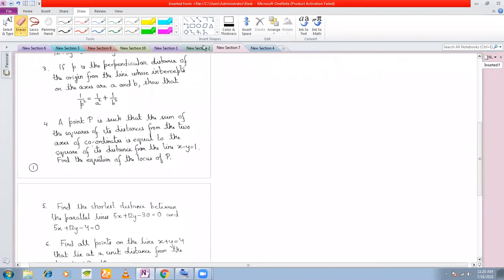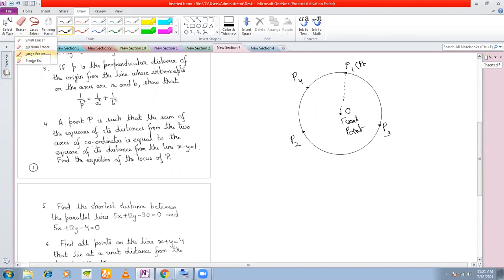Now locus, what happens is that any locus that you have will have a certain geometric condition. For example, say this locus. I don't know the name of this locus, whether it is a circle, I don't know. But what I know is that I have a fixed point on this. Any point that I take on this locus, whether I take the point P1, P2, or P3, infinite number of points are there on this locus, will have a constant distance from a fixed point. This is a fixed point. I don't know whether it is called the center or whatever. I will simply call this a fixed point. And this is my path.